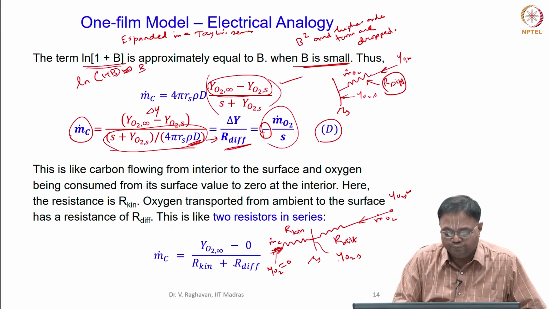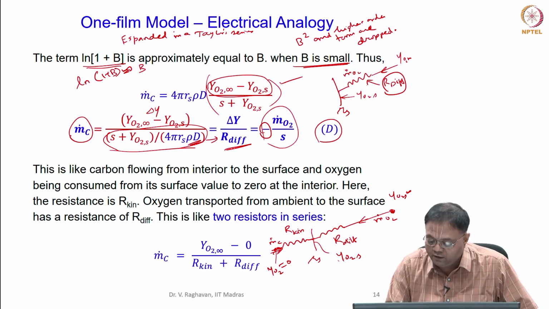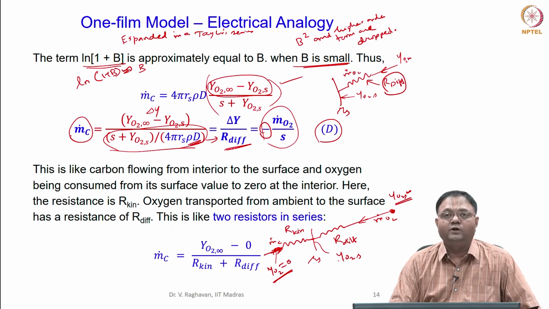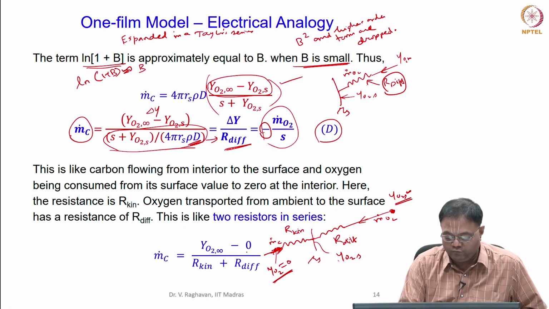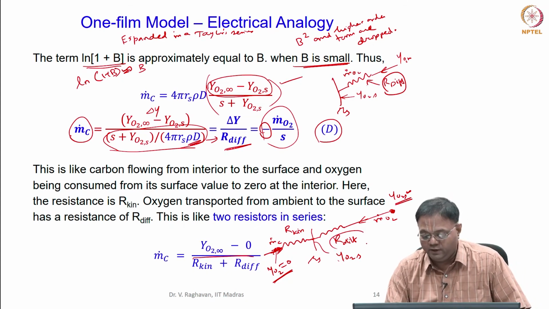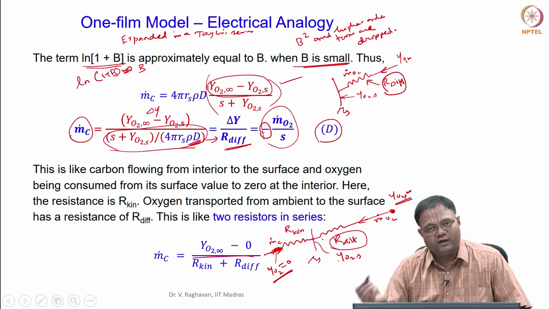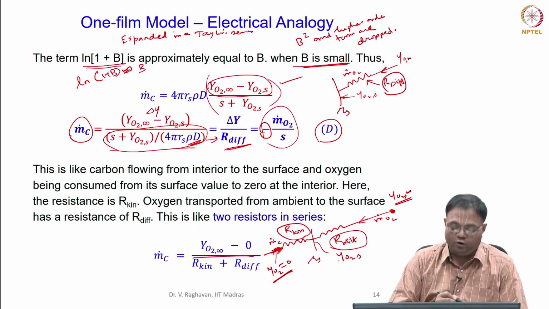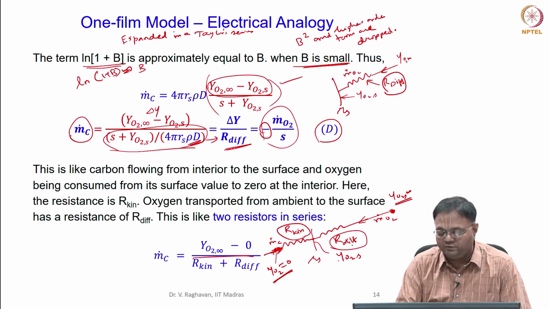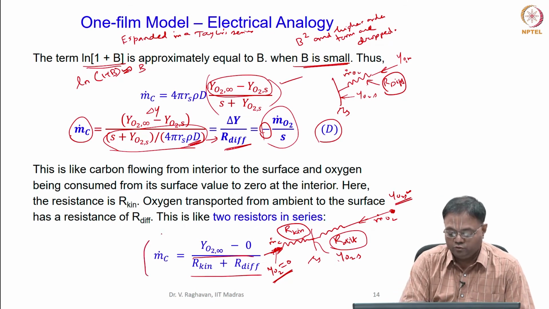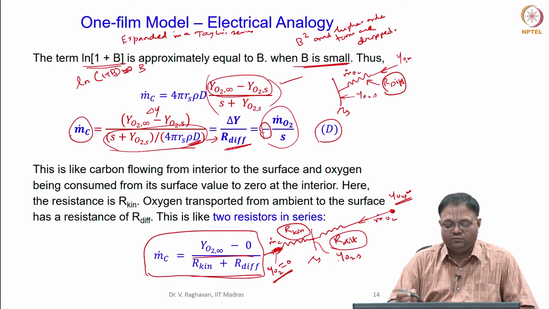Okay. So, now what is this? Starting from YO2 infinity, the mass fraction of oxygen goes to 0. So, that is the total delta Y. So, YO2 infinity minus 0 divided by the resistances; there are two resistances connected in series here. One is the resistance offered to the diffusion in the gas phase, another one is the resistance offered by the chemical kinetics on the surface of the solid. When you add these, they are in series. So, the net effective resistance is the addition of these two, R kinetics plus R diffusion. This will be the total mass flow rate. This is the easiest way to do it.